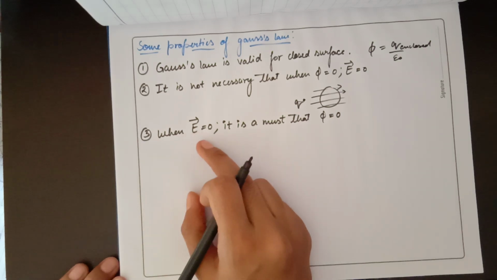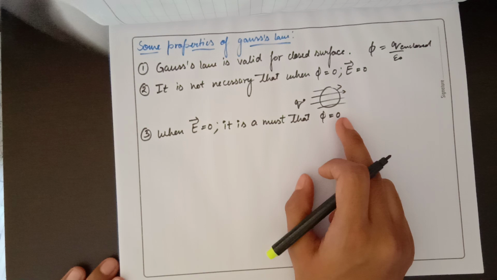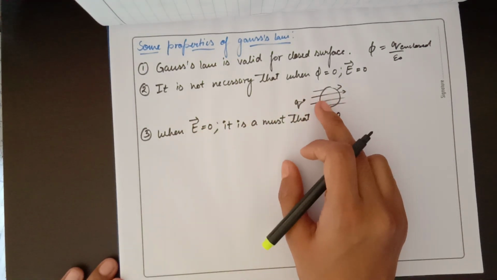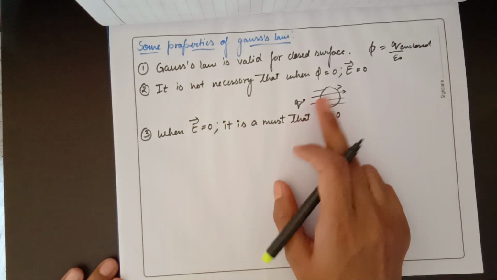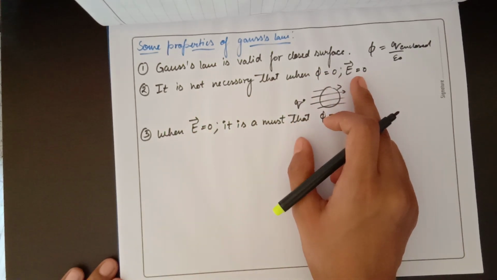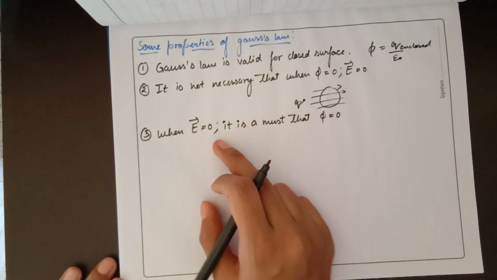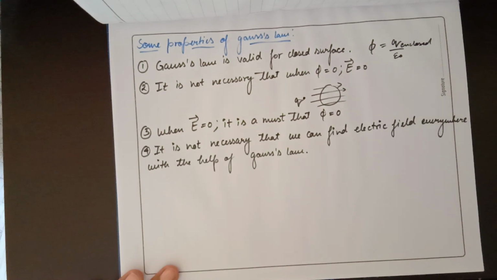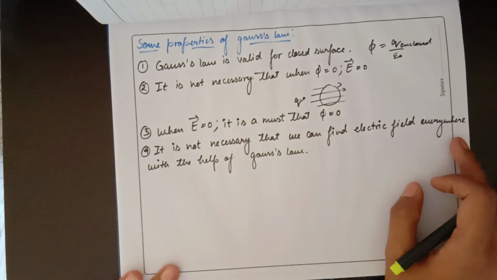The third property is, when electric field is 0, then phi will definitely be 0. If there is no electric field due to the charge, there will be no electric field lines. So when phi is equal to 0, E may or may not be 0, but when E is equal to 0, then phi will always be 0. So the fourth property is,